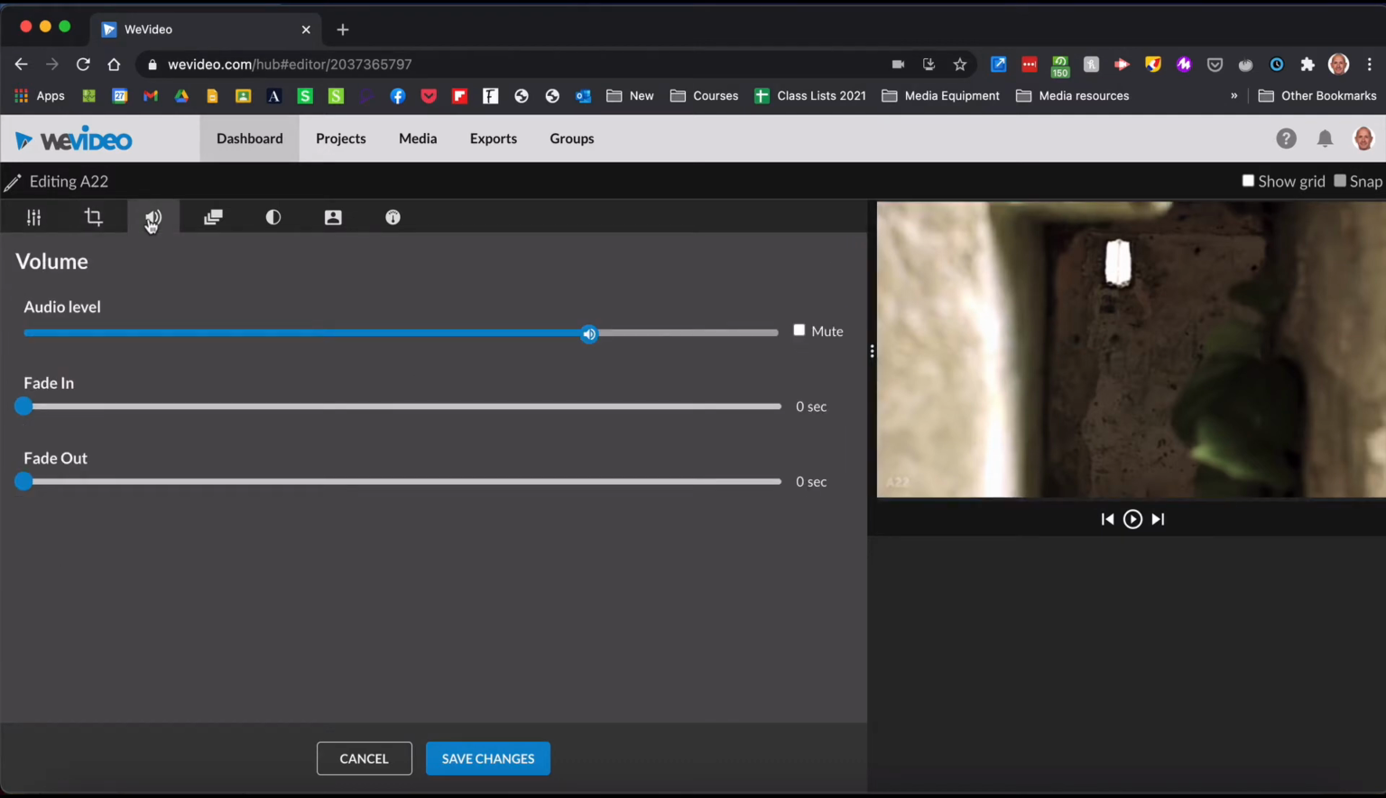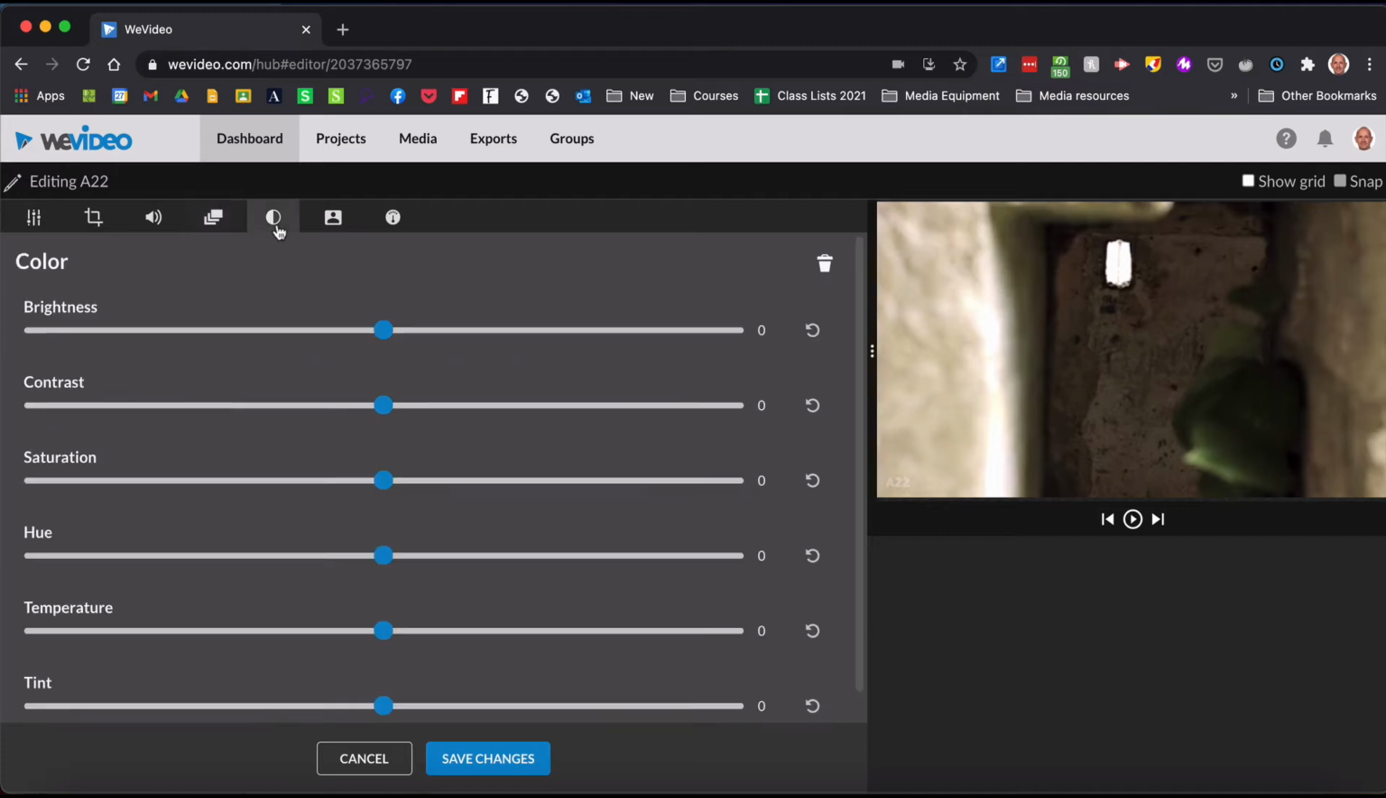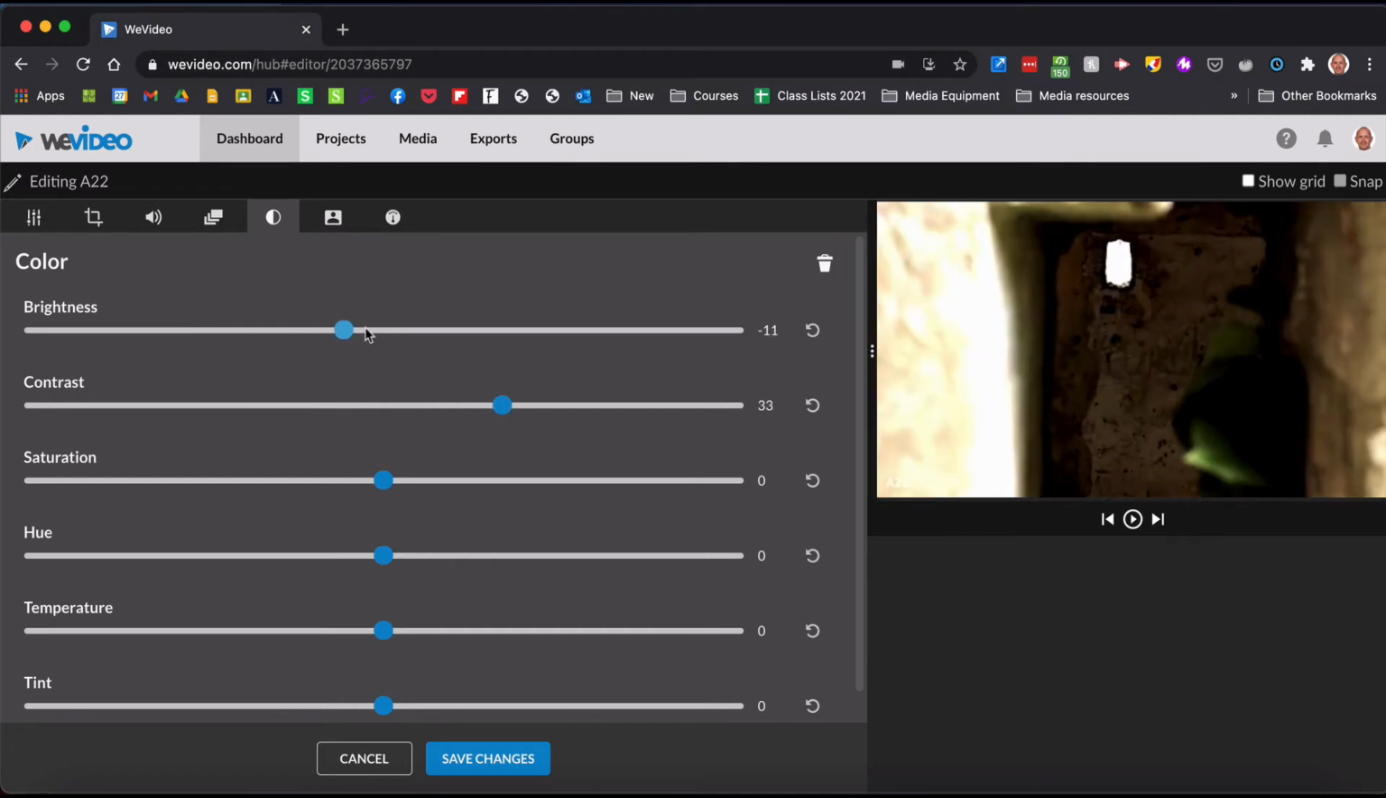I can change the audio levels, or I can fade in or fade out. I can animate it, which means that I could make it slide across the screen, for example. I can change the aesthetic, I can color correct, add more contrast. You can see here it's just a matter of moving these sliders around and it's going to change the look